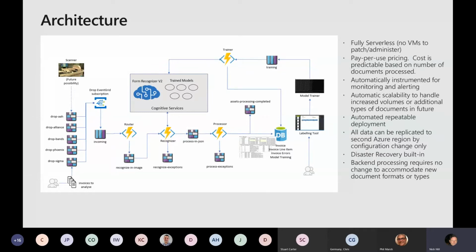So ideally, the invoices will be delivered in boxes. They are delivered in boxes and they're scanned today. Ideally, you can get REST plugins and things like that for scanners. So our approach was to create drop blob storage containers with a view to, when we productionize this, putting an interface in between the scanner and the blob storage. We created an event grid subscription which detects any creation of any object on that storage account, which means